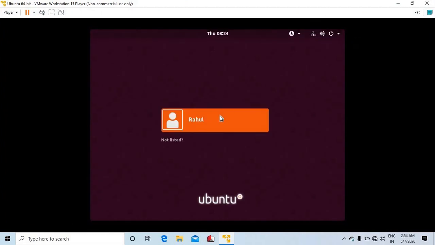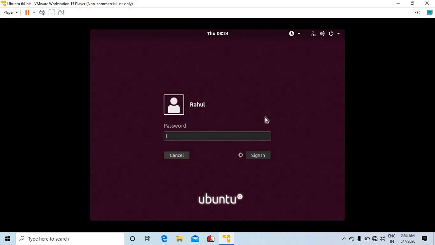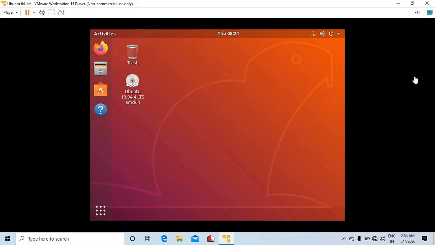Now click on the username and provide the password that you gave at the time of installation. Then press sign in. So now you can see your Ubuntu window is visible.